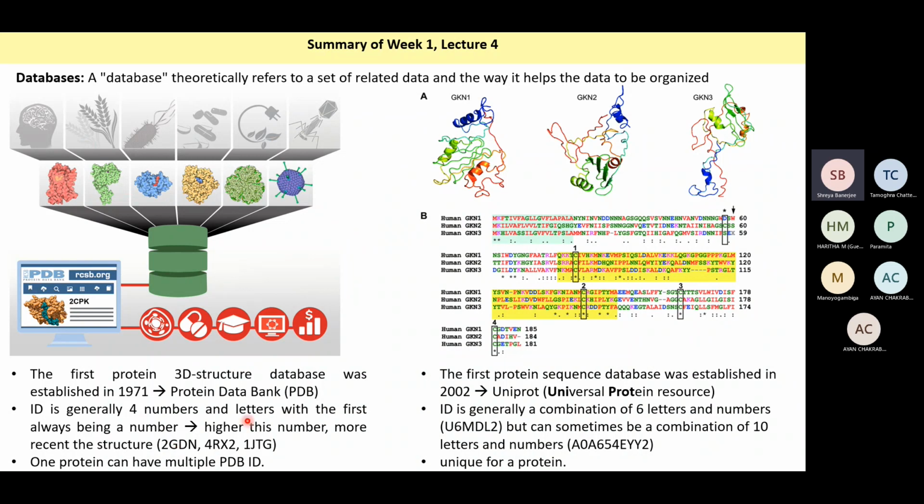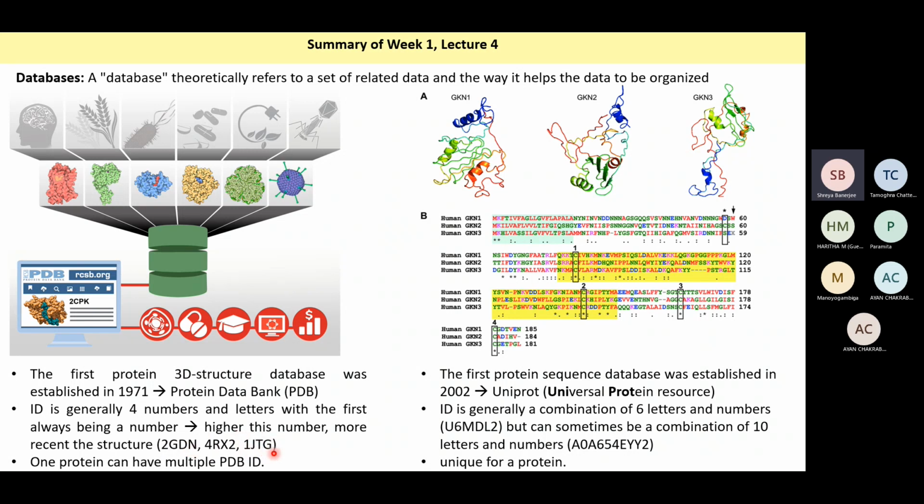The PDB ID is generally 4 numbers and letters, with the first always being a number. And the higher this number, the more recent the structure. So between the 3 PDB IDs given, this 4 is the most recent, then is 2 GDN, and the oldest